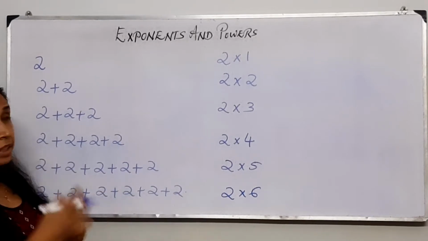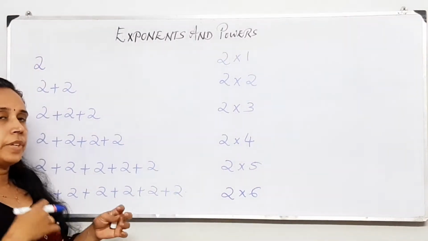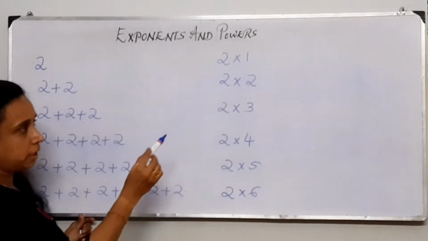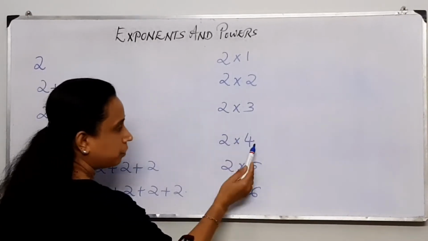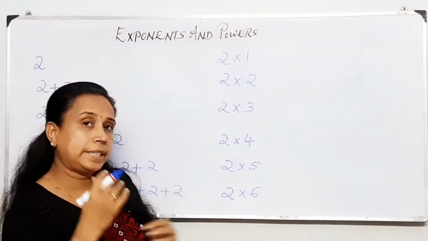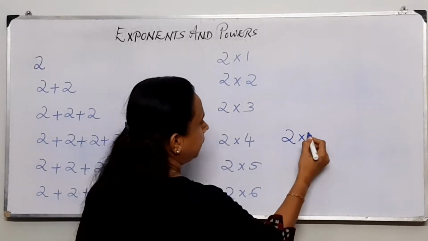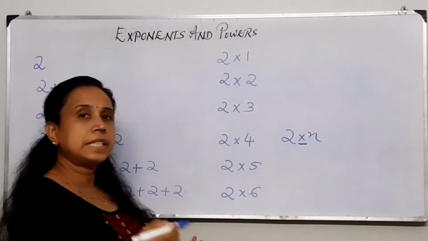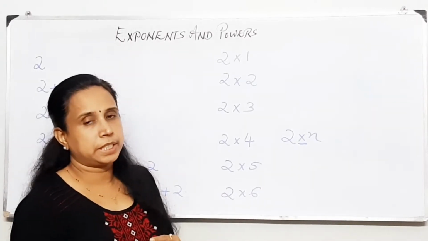So we can use this multiplication sign for this repeated addition. You know that repeated addition is always multiplication. So 2 is multiplied with 1, 2 is multiplied with 2, 2 is multiplied with 3, 2 is multiplied with 4 and so on. So if 2 is added n times to itself, we can denote that number by 2 into n, that is, 2 is multiplied with n. That means we can use the multiplication sign. Okay, so the repeated addition is the multiplication.